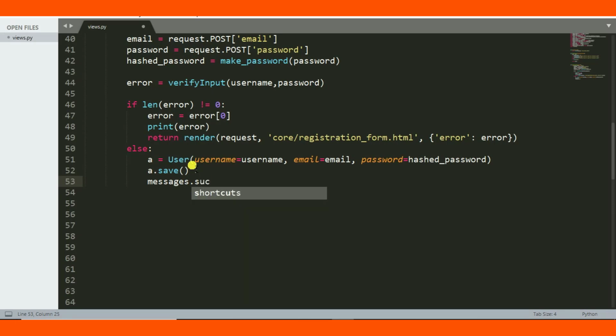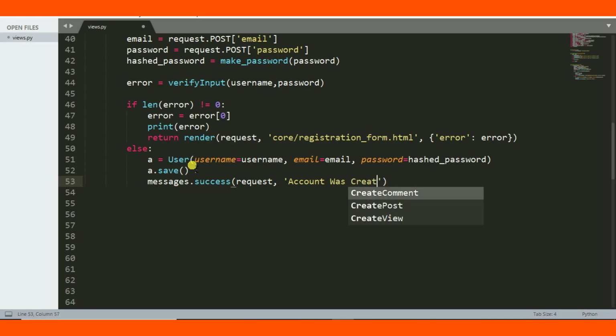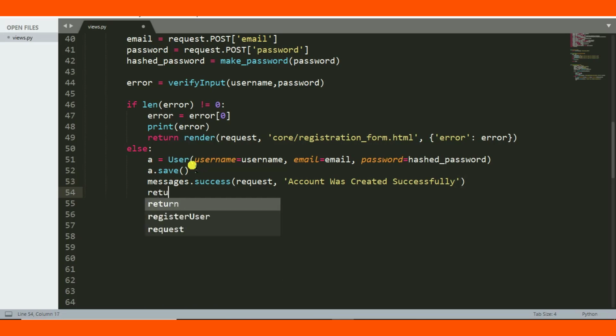So messages.success(request, 'Account was created successful'). Then we need to return redirect user